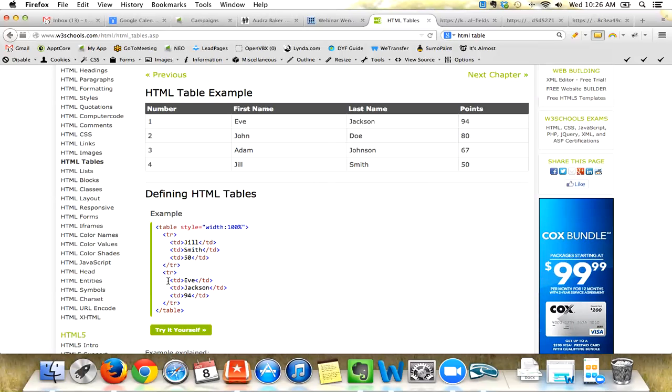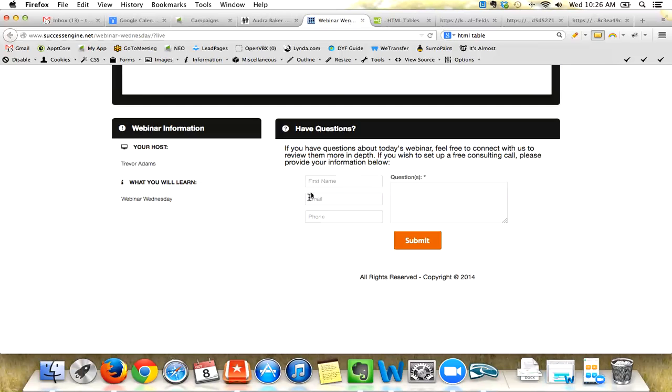And then you'll notice in this specific example, I have Jill Smith 50, and then I have Eve Jackson 94. And so each one of these are horizontally aligning that value while it's in that specific table row. Okay, so if you follow this and what it's saying, you can see that over here I have, in fact,